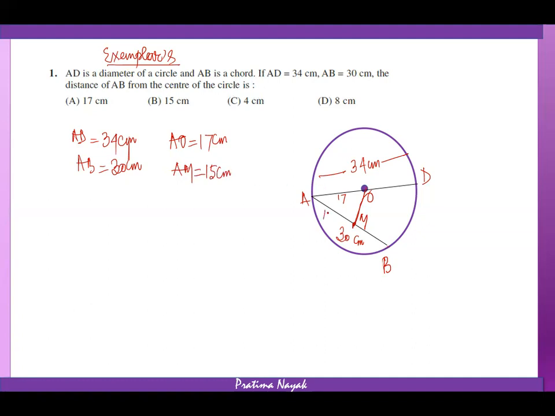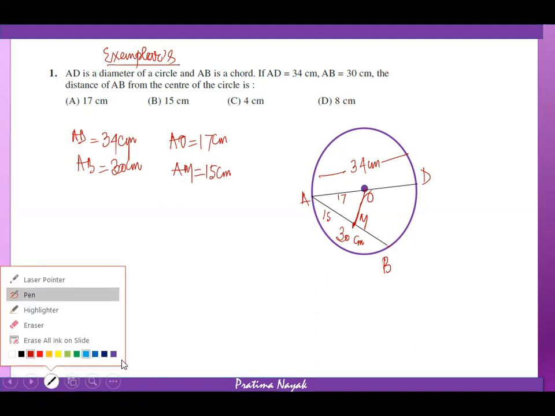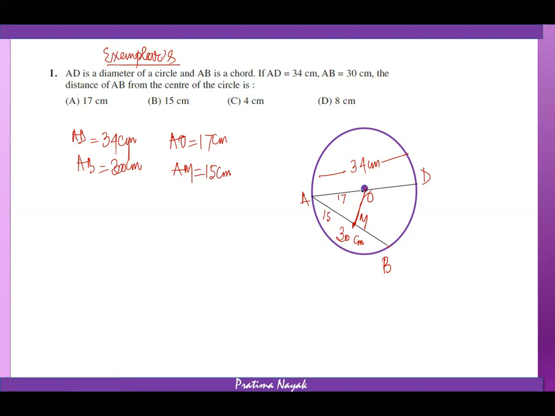Now in triangle AOM, I'll apply Pythagoras theorem. This is 17, 15, I need OM. So OM square plus AM square is equal to AO square. So OM square, AM is 15 square, AO is 17 square,